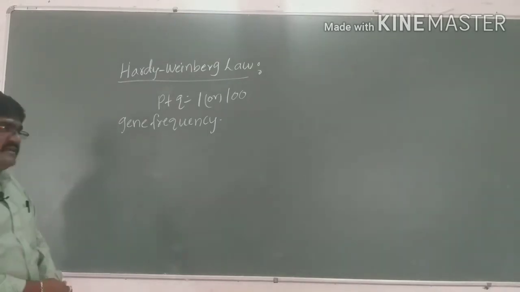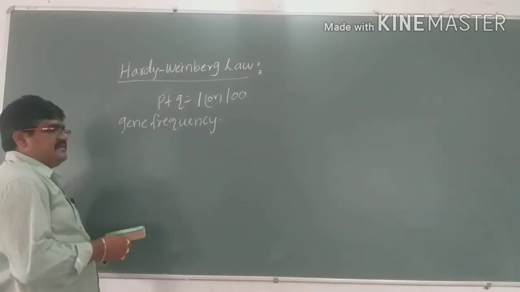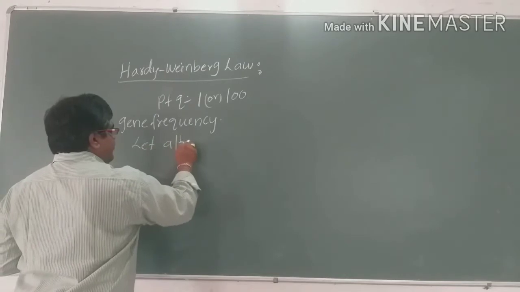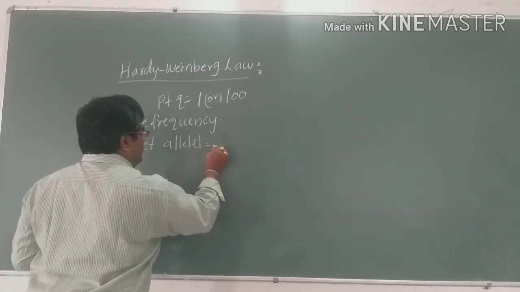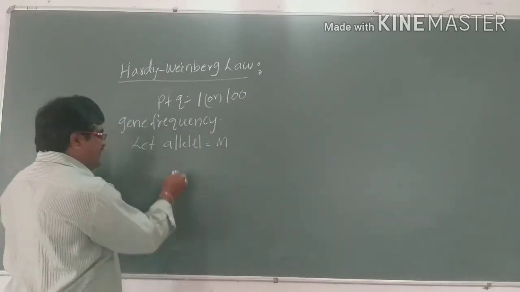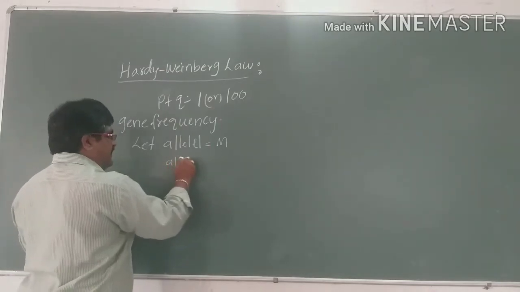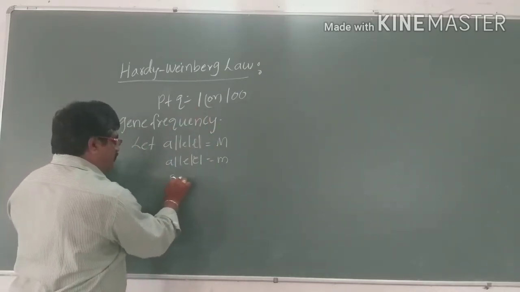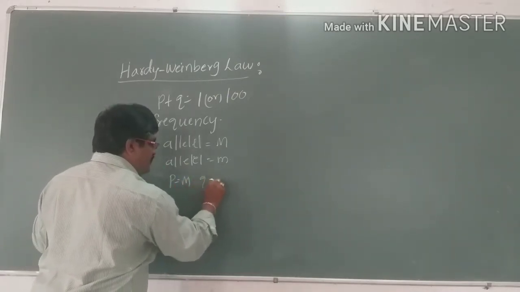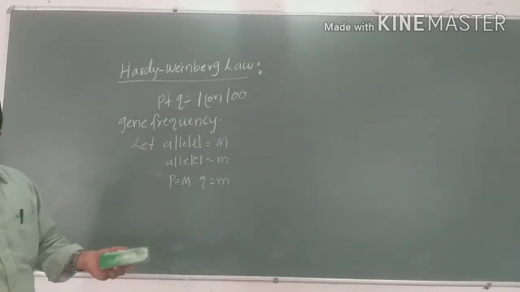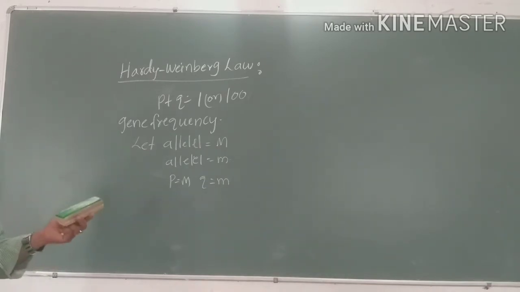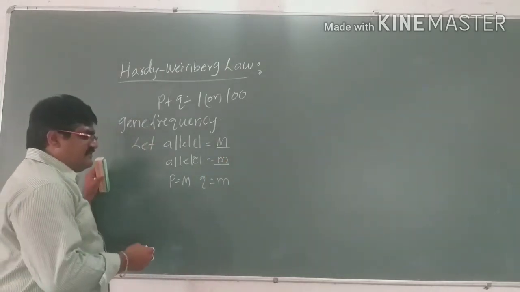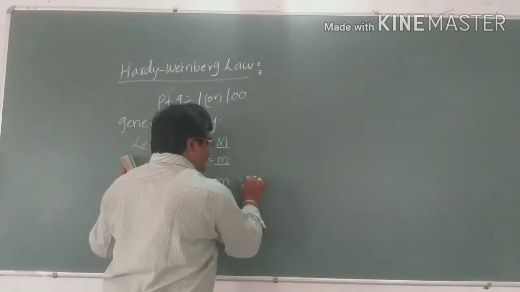So let us discuss the alleles M. Let one of the alleles be capital M and the other allele be small m, where p is equal to capital M and q is equal to small m. These are the two alleles that are present in a population. One allele is represented by capital M, and the second allele is represented by small m. Here in the equation p plus q is